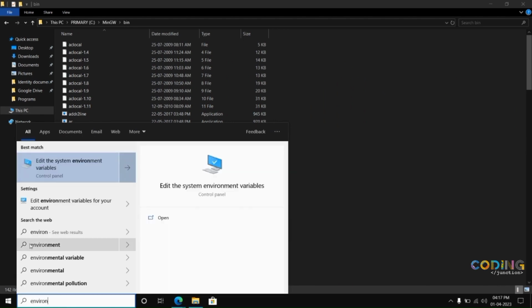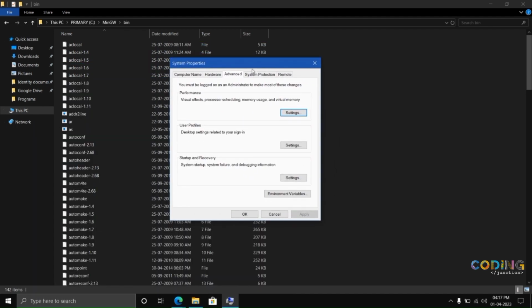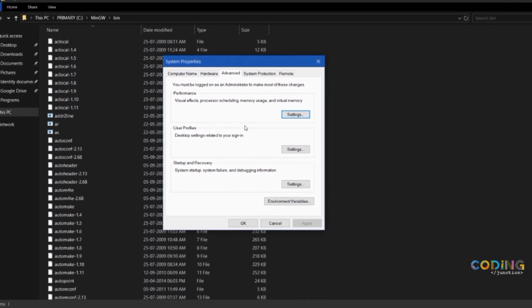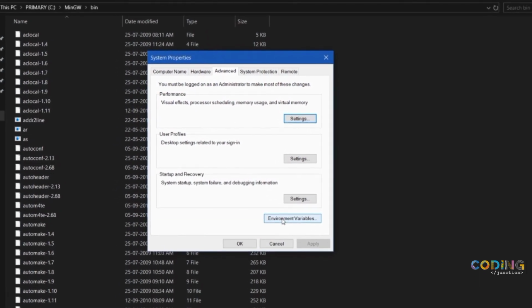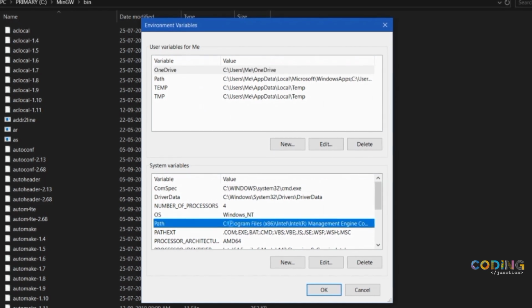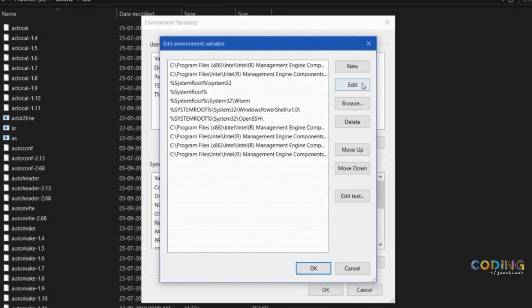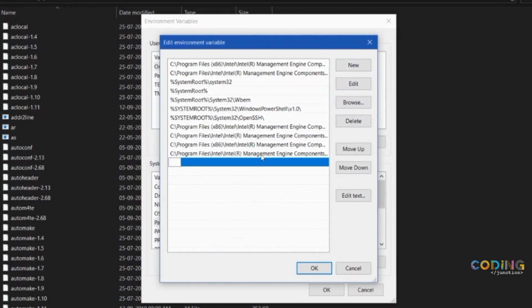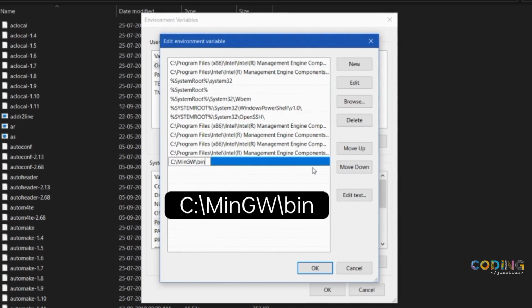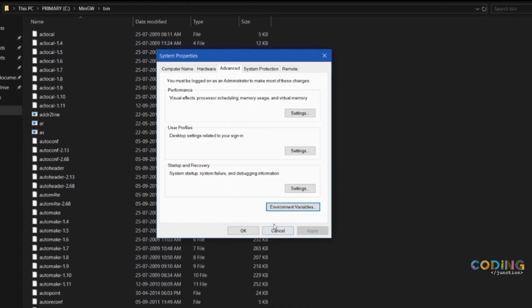environment, and you have to click on this edit the system environment variables. After clicking on that, you will see this pop-up. In this pop-up you have to go to the environment variables and click here this path, double click here. After double clicking here, you will have to make a new path here. So I'll click on new and I'll paste it, and then after pasting it I'll click on OK, then OK,